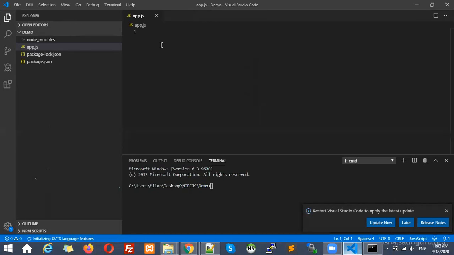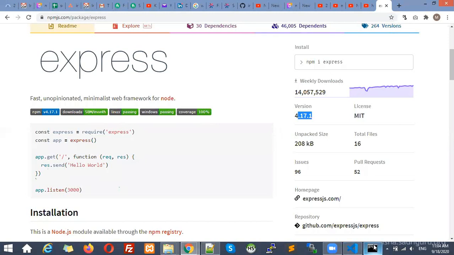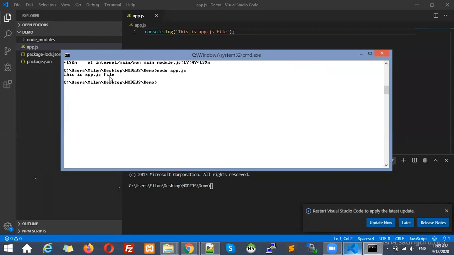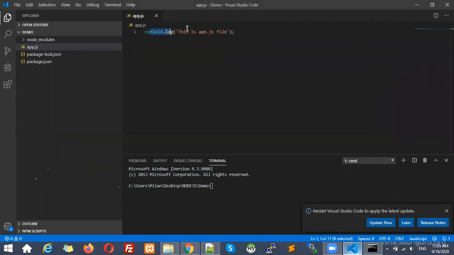For example, in JavaScript, if you want to print any message to the console, then we are going to write console.log. After saving, let me run this program. So to execute this program, what I have to type: node, and the entry point we have given at the start of creation, app.js, the file that we created just now, right? This is the app.js file. So here you can see the output,